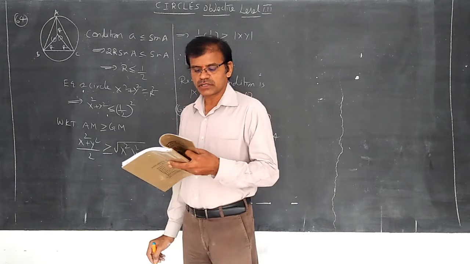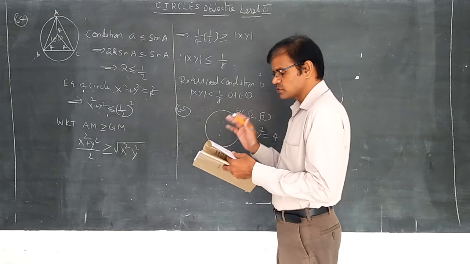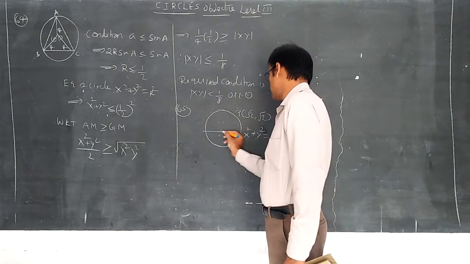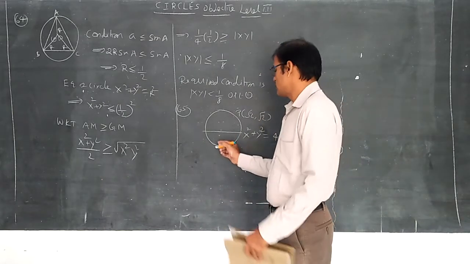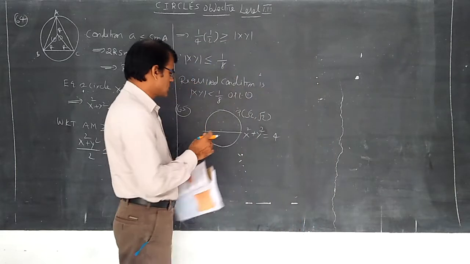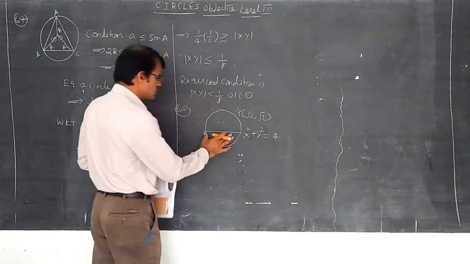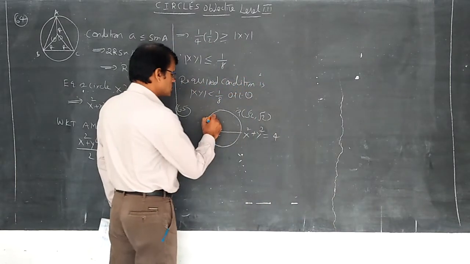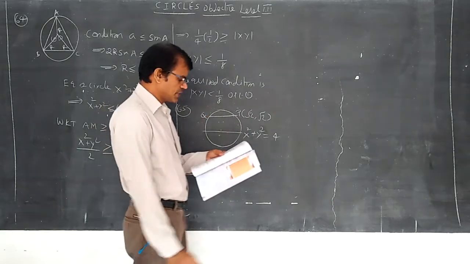And Q is another point on the circle such that PQ is equal to 1 by 4 of the circumference. Students observe that this is a diameter. A diameter divides the circle into two equal parts. The parts are called semicircles. Semicircle means half of the circle. Here he is discussing 1 by 4. So again, 2 points should be like this.